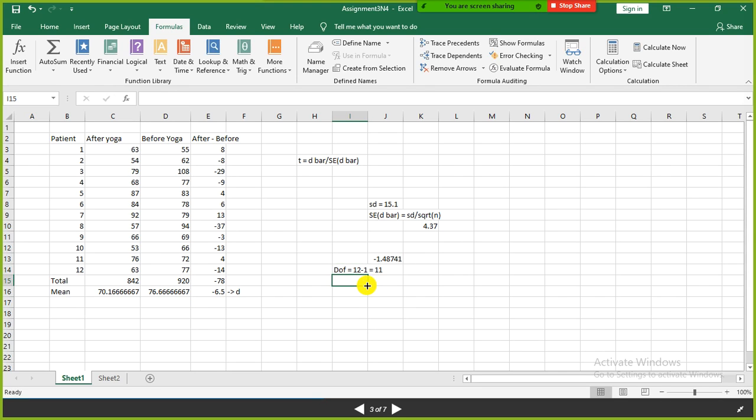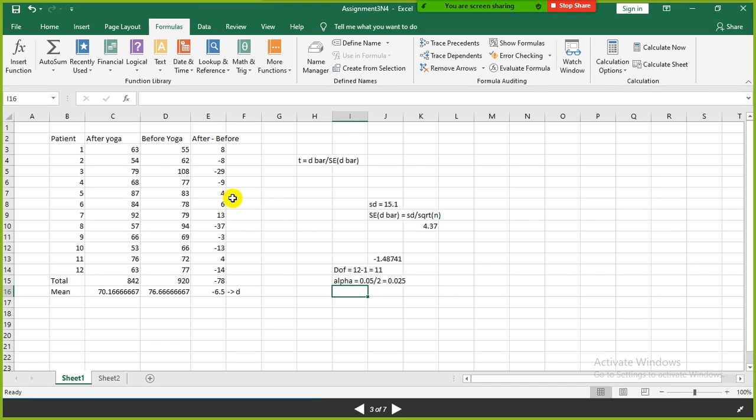And we know the alpha, it is a two-tailed test, right? So alpha is 0.05 divided by 2, which is nothing but 0.025, right? Yeah, so there could be an increase in the concentration level after attending the yoga program, or it could be less than that also, right? Hence we need to conduct a two-tailed test here, right?